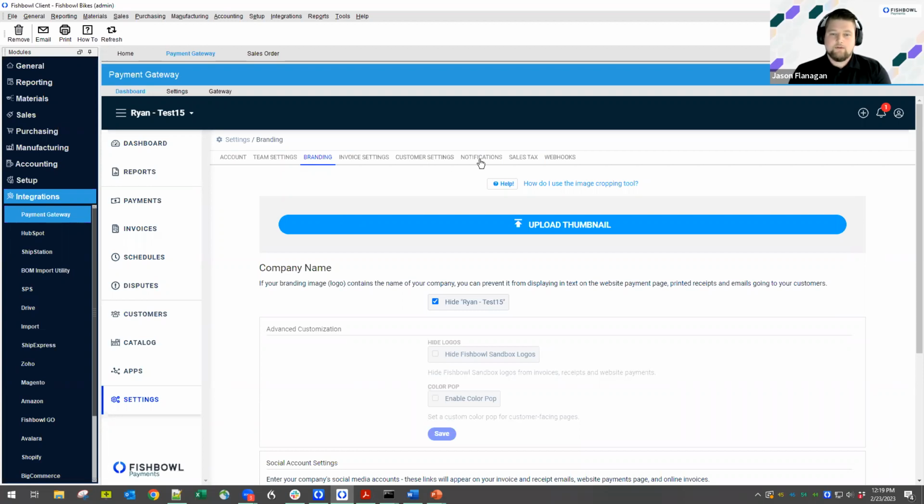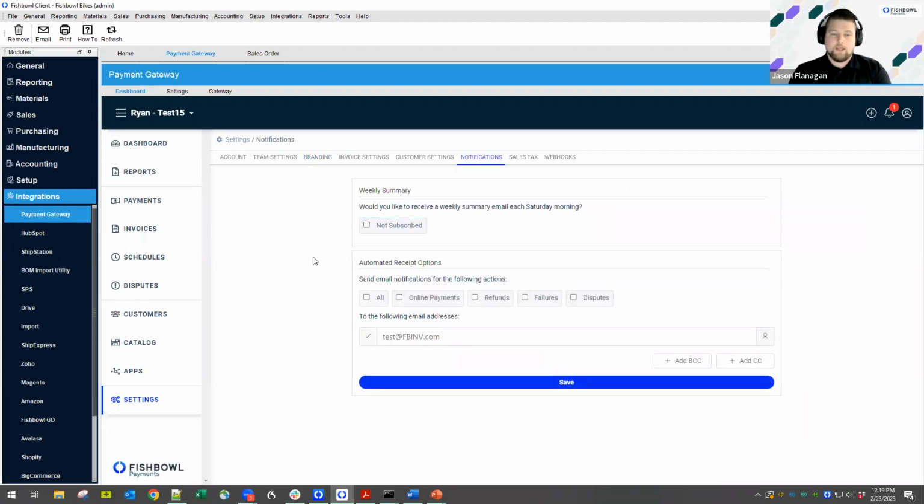And then the last thing I really want to touch on today is going to be the notifications. So whenever we take a payment through Fishbowl Payments, we have a few options here. One of them is we can see whenever an online payment is taken, whenever a refund is made, if there's a failure on a card that's being processed or an account in case of ACH, or if a dispute is made from one of your customers that says that goods have not arrived and their payment has already gone through,